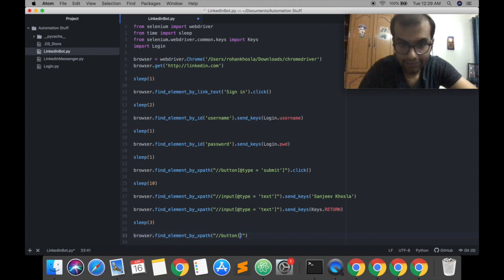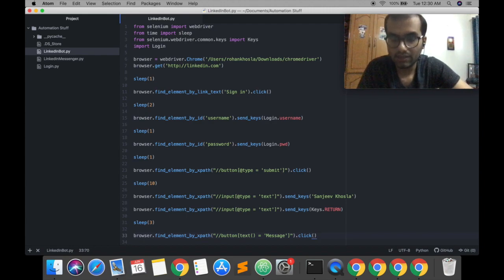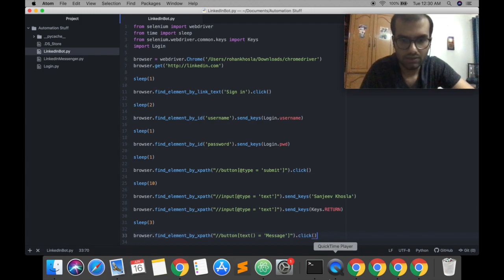There's no at type. Instead you're gonna have to write text parentheses equals message. Okay, and what we need to do is we need this to click. So click. And let's see if this works. If this works, then the text box should open up that allows us to message my dad.